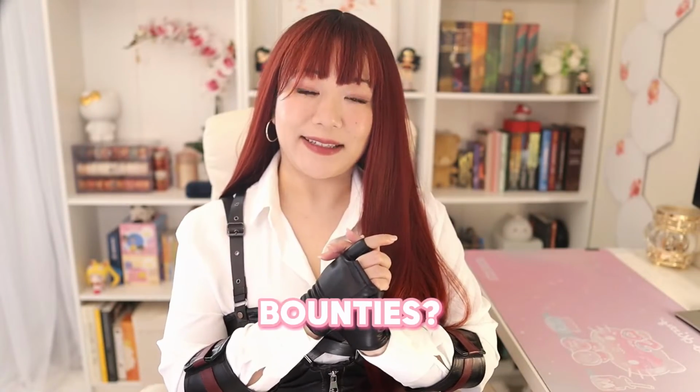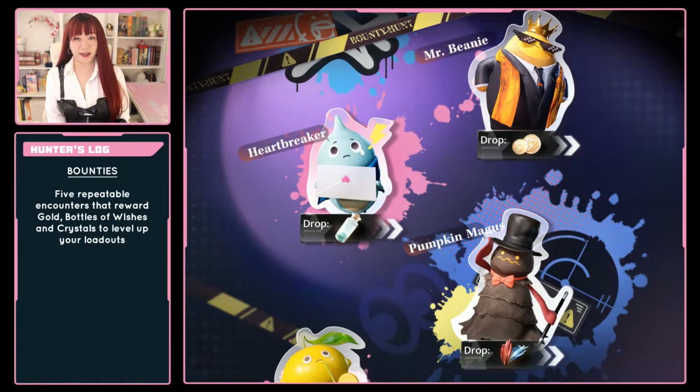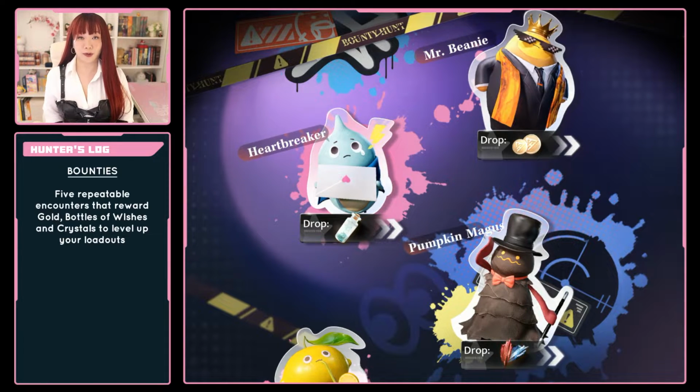So what are bounties? Bounties include 5 repeatable encounters organized by the Hunters Association that rewards gold, bottles of wishes, and ascension crystals that can be used to upgrade your loadout. Each encounter only contains one enemy that you have to eliminate before time runs out, and each also has their own special mechanics. I'm actually going to start with Lemonette because I received some comments noting some difficulties specifically with